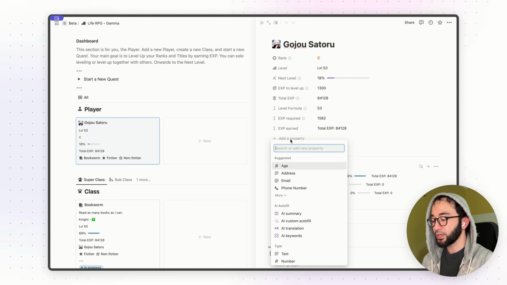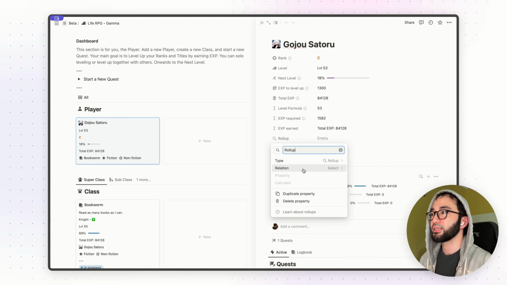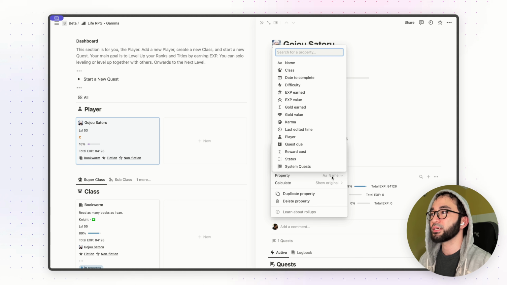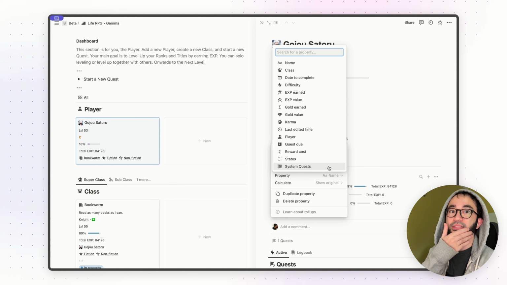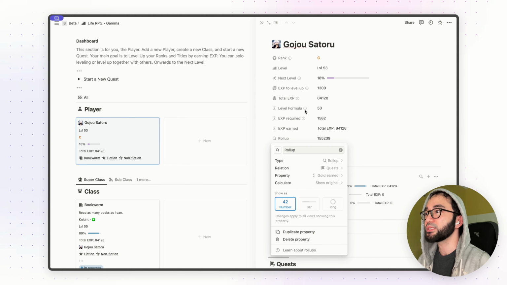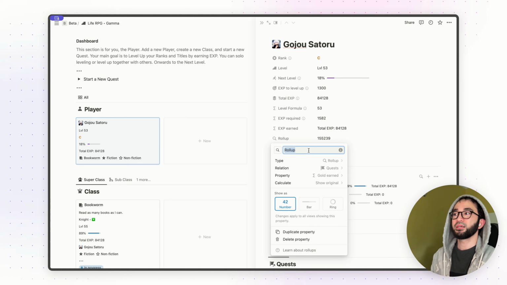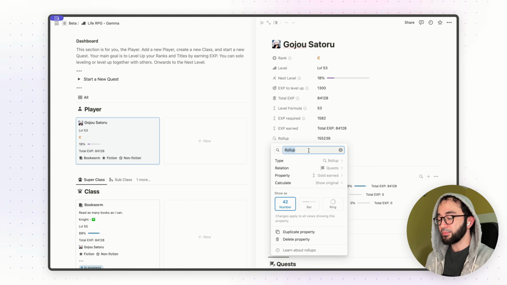So I want you to type in roll up, and then click on relation, click on quest, and then click on property to select a property, and it is going to be the goal earned. So there you go. Click on goal earned, and then calculate. Oh no, just leave it at that. And then change the roll up name here to